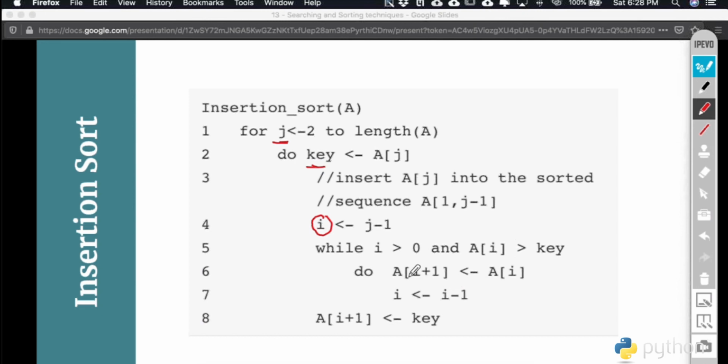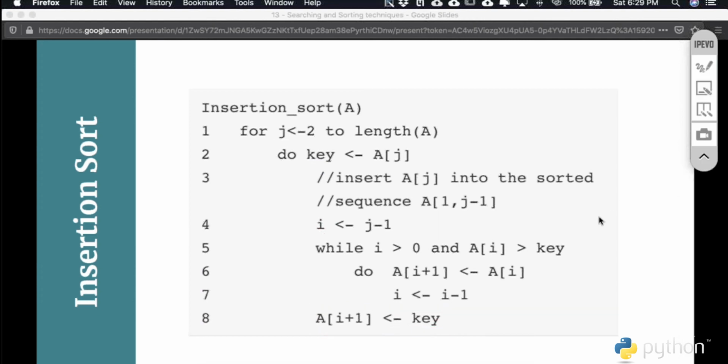So this is what we call swapping. We are advancing the index of each element, like we are putting A[i+1], meaning we are placing the element of the highest index at i+1, and then we are decreasing the index. Once this loop is completed, which means that one of the conditions has become false, either you have reached i equal to the 0th location, or you have found an item which is less than your key, the inserted item. That means you have found the index position. On this index position, now you can insert that particular item by placing it in the advanced index here. So this is a simple approach that we apply in insertion sort.